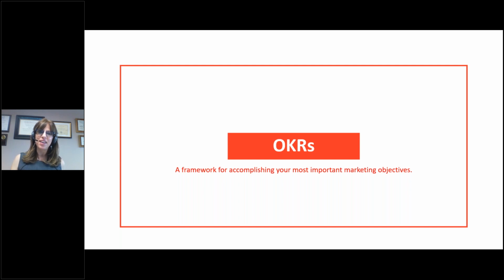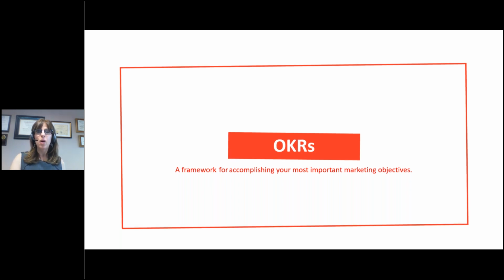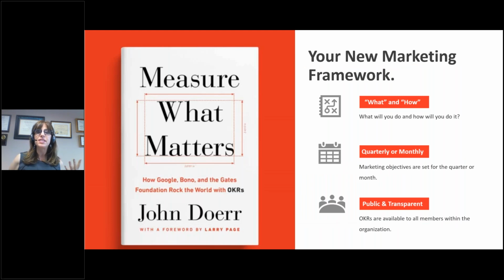You can still do great marketing on small and scrappy budgets. However, marketing needs to be objective based. And here we go. I'm going to talk about that. So this marketing framework, this OKR framework to manage all of those 8 asset classes that I talked about, is from a book called Measure What Matters by John Doerr. And John Doerr is the chairman of Kleiner Perkins. He was one of the first business consultants to go into Google and show them this framework and this methodology. He learned it from his boss, Andy Grove at Intel, and it is an unbelievable system for taking your marketing goals and sales goals for that matter.